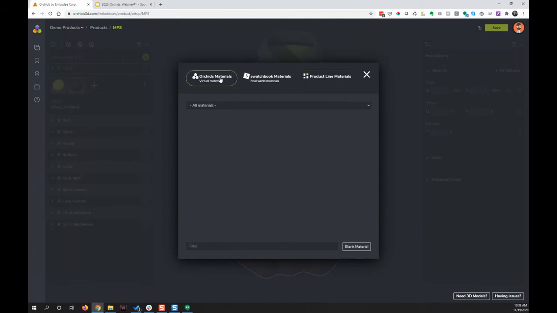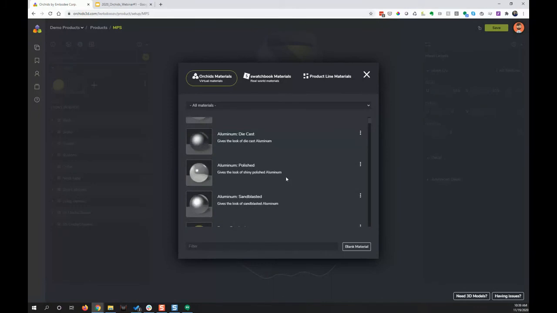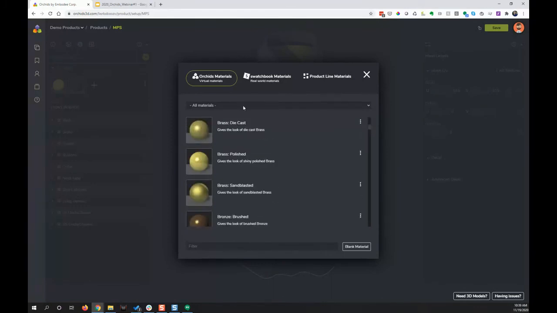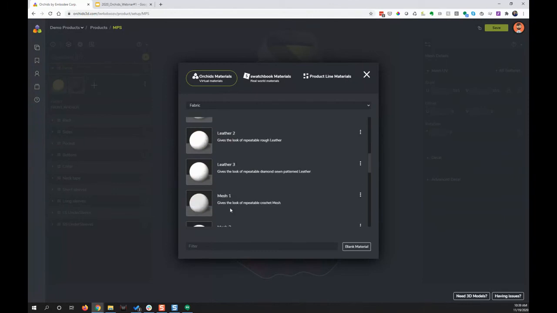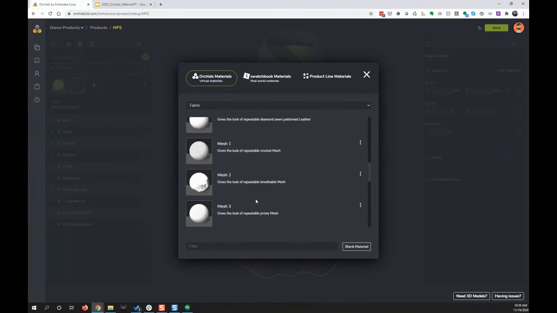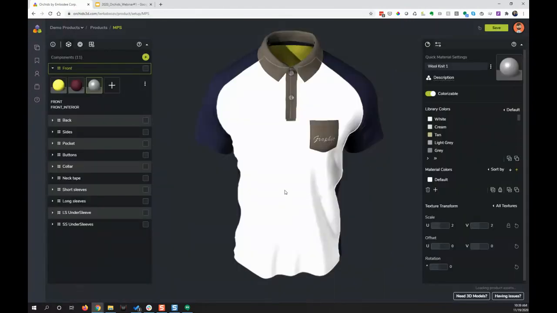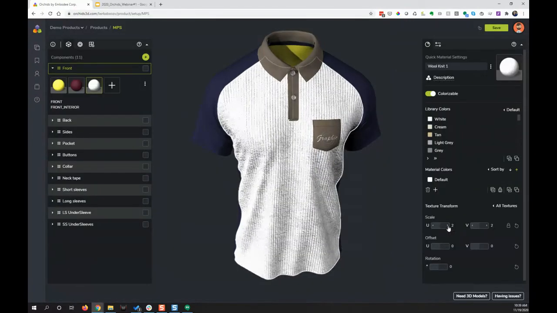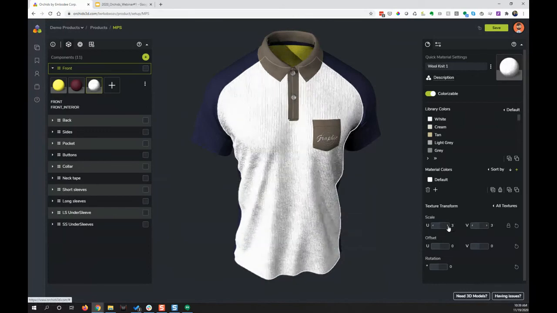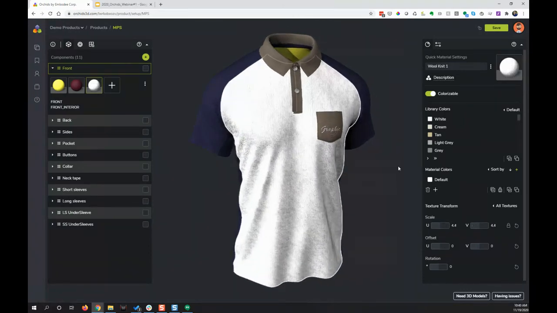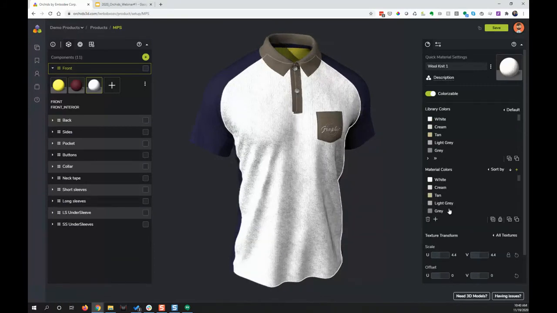So in this case, I'm just going to simply apply a simple, let's say a cotton or a wool. I can just do a simple wool here. That wool comes in. I can scale this wool down so it looks more realistic here on the garment. All right, and then I can add different colors.